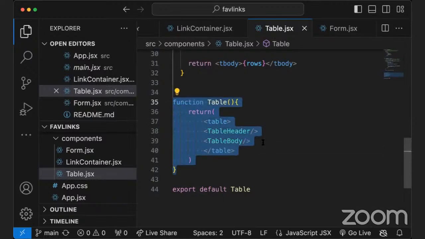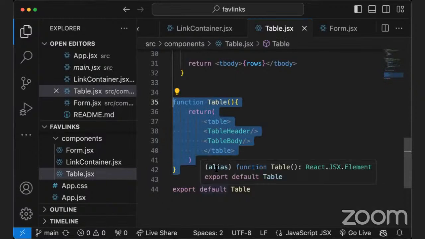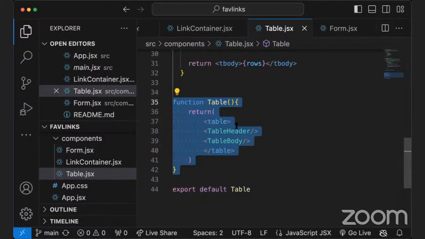this is pretty simple to read, right? You might not know at first glance what the table header is supposed to say, or what kind of data the table body is going to return. But let's say you were reading this code for the first time, like you just started working somewhere. Looking at this, I'd be like, okay, boom. There's this table function component, and this component is returning a table, and it has a table header and a table body, right? And that's where I can stop that mental train of thought